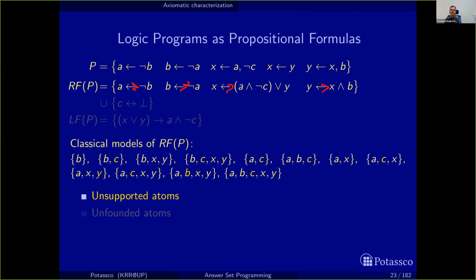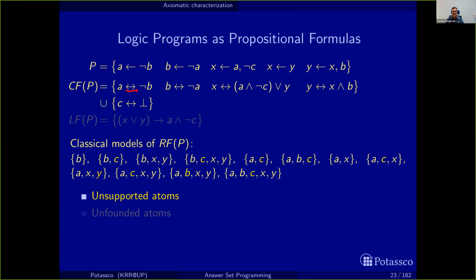But we do this not for all rules, but we do this for all atoms, right? And there's actually yet another atom C, and we have to say, okay, this atom has no definition, no rule, so this is equivalent to false. And this is actually what Clark's completion does. And again, our models were